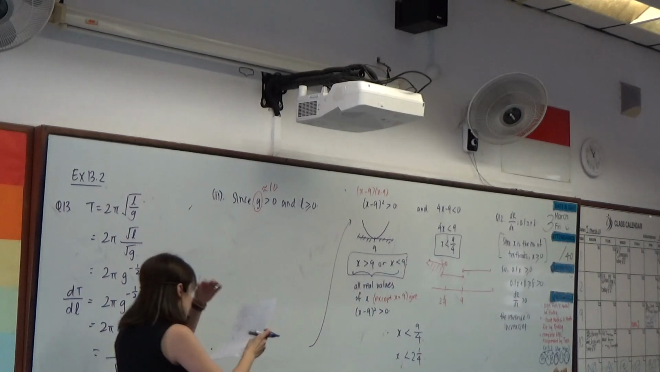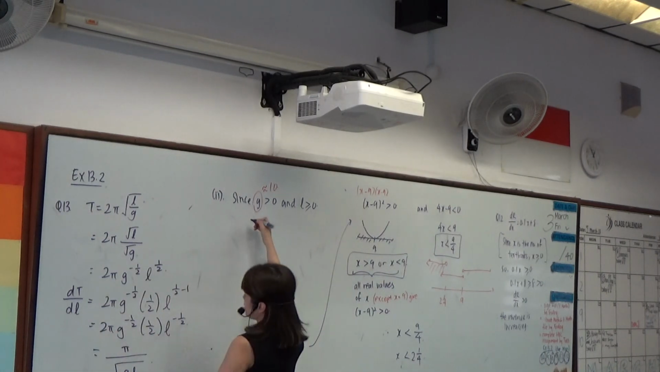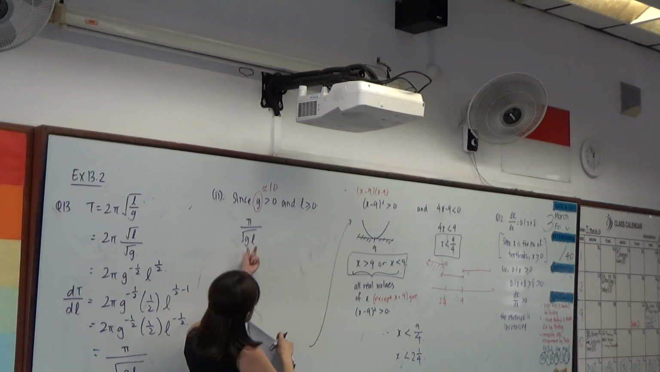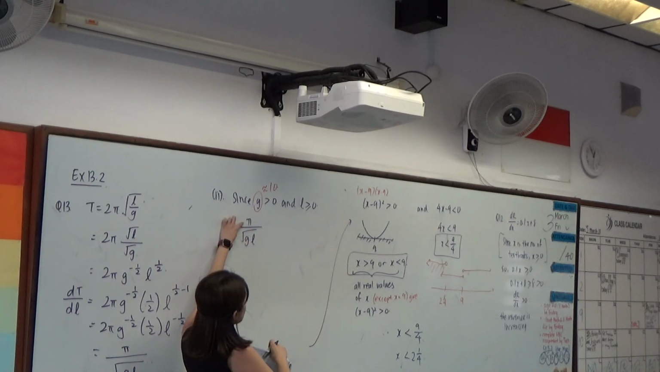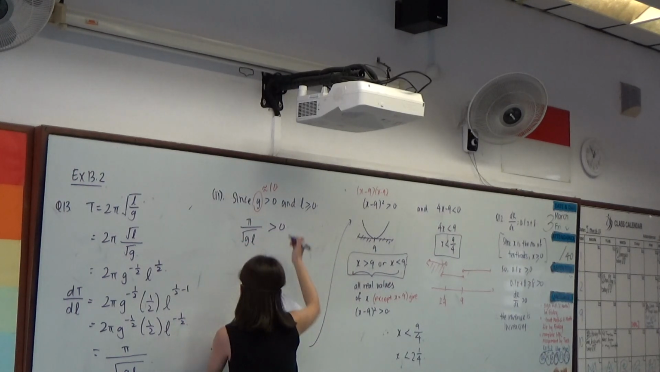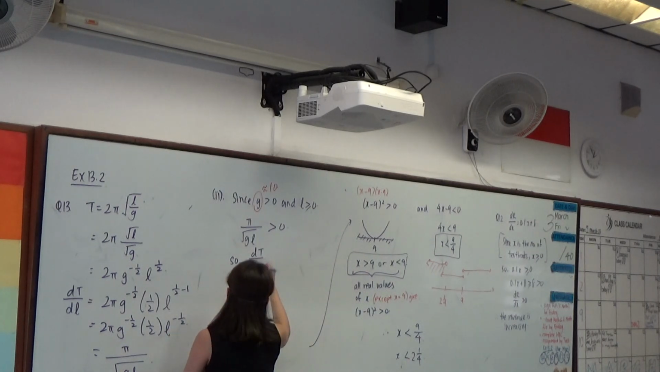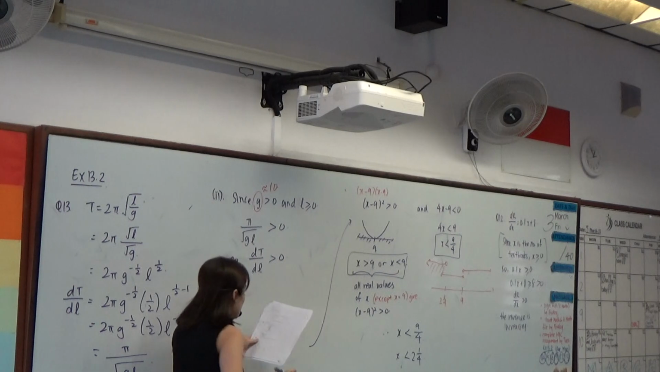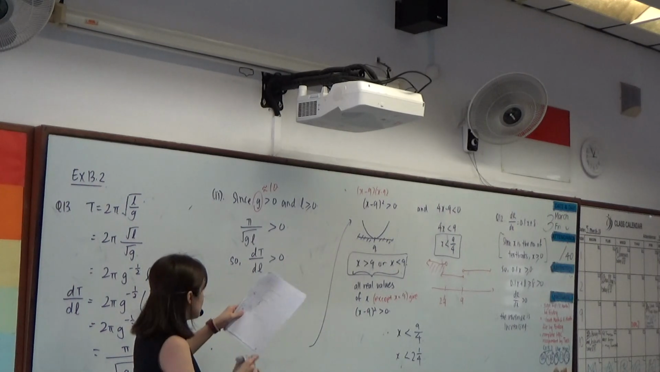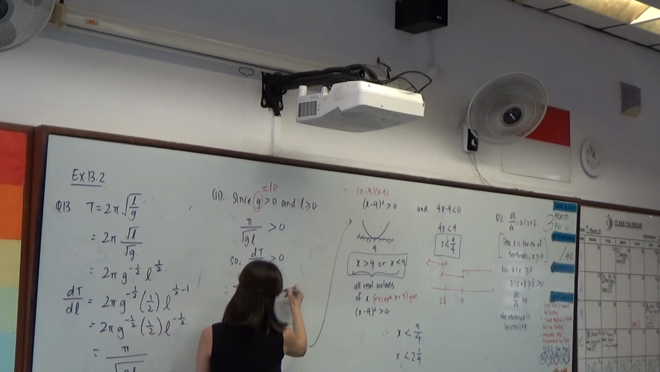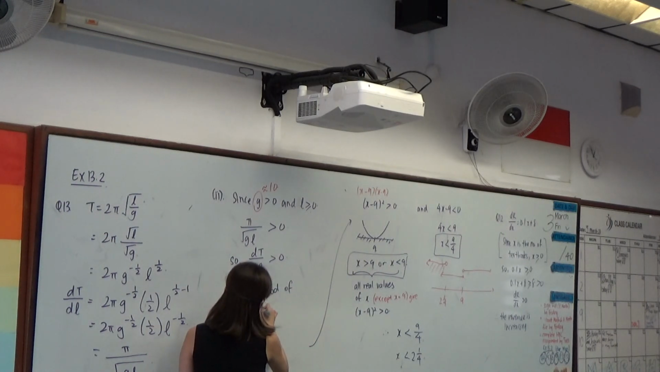So therefore, your π over square root of gL. Since these two are positive, π is a positive number as well. Overall, the fraction will have to be positive. So the sign of dT/dL is positive, so more than 0. Therefore, the period of a pendulum